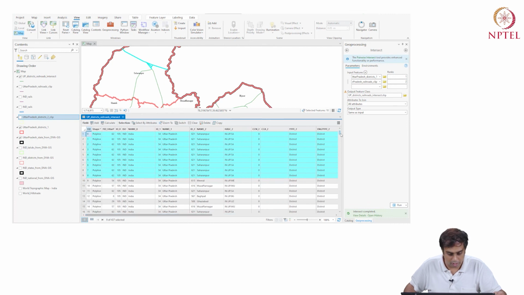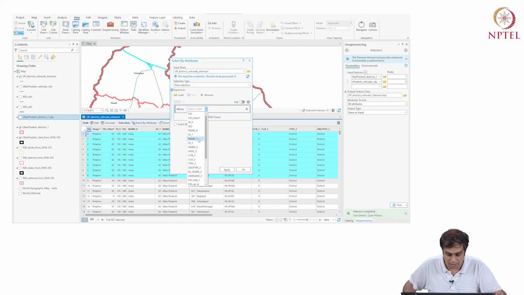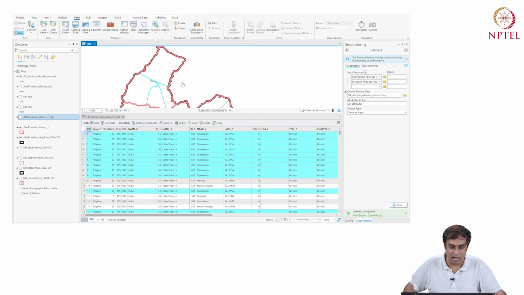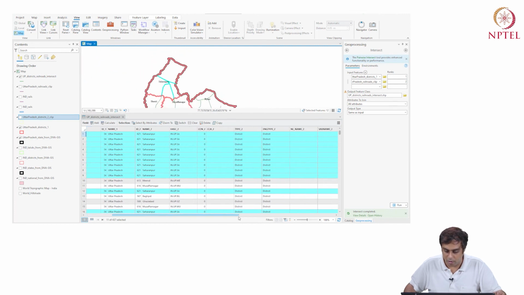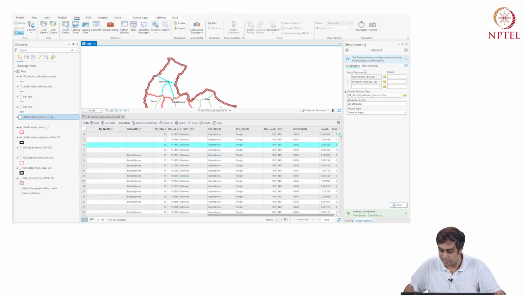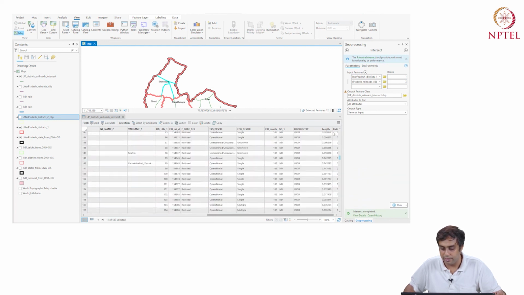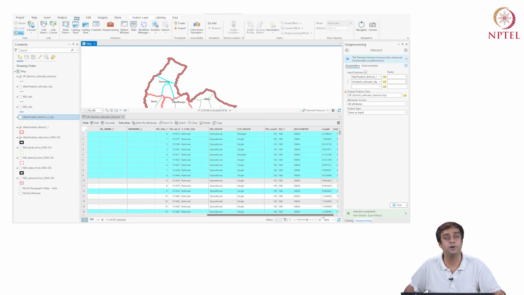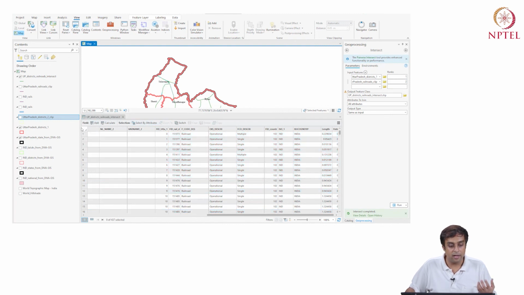Yeah. So I'm going to have to see if I can select by attributes, and I'm going to say name 1 on, let's say name 2, and I'm going to say give me Saharanpur. Apply. Okay, there you go. So now all the rail lines within Saharanpur are selected, and now you can go in and you can actually just sum the length for all the selected areas, and you will get the length of rail within Saharanpur. You can also export these data, by the way. You can export these data, okay, to Excel.